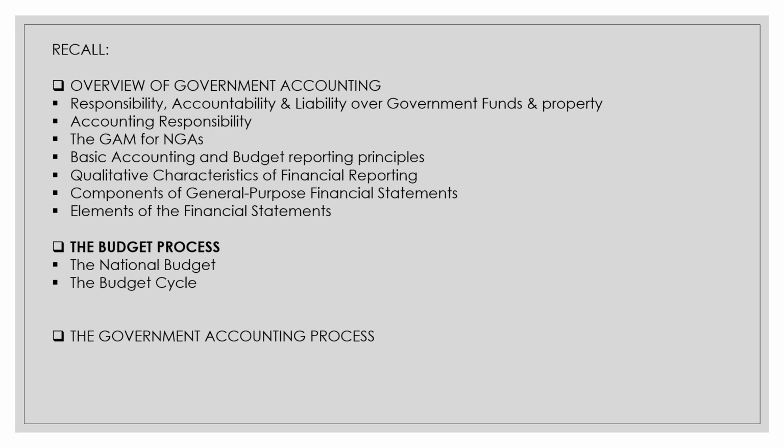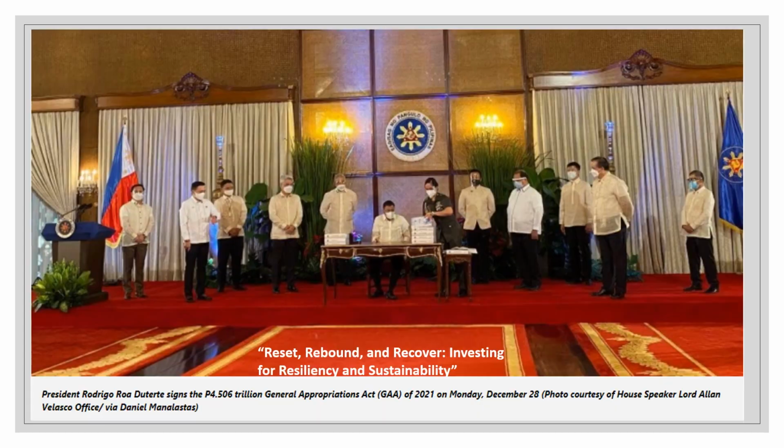processes, as much as we can, because we are accounting students, and the common FYIs or trivia along the way will prove very beneficial. So last January, President Duterte signed the trillion-peso budget for 2021, focusing on the social services sector for the COVID-19 response. Okay, so that is the recall or the recap of the two chapters so far.